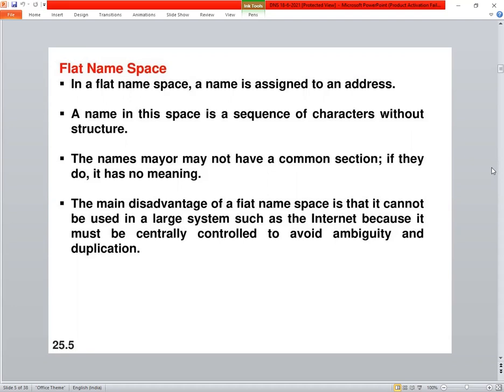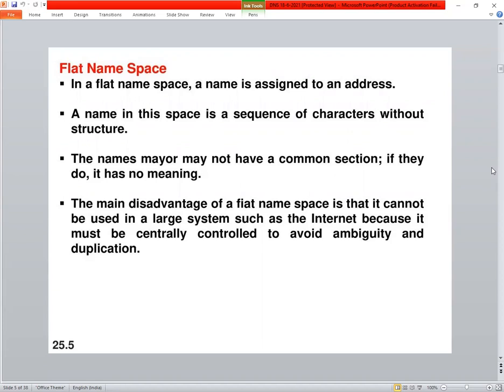The main disadvantage of a flat namespace is that it cannot be used in large systems such as the internet, because it is centrally controlled to avoid ambiguity and duplications. So what do you mean by this?